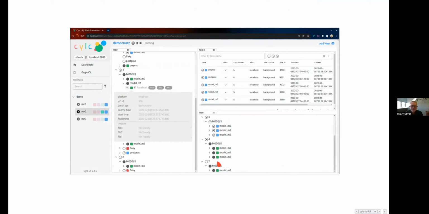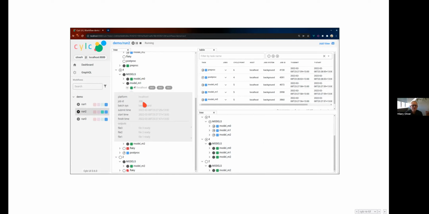Yeah, don't worry about the detail. I'll try to get to this in the demo later. But basically, on the left, you've got a list of your workflows, and we happen to be looking at demo/run2, and this shows the various views of the state of the workflow and the tasks in it. The icons represent task and job states, and here we've drilled down to job details of this particular job.